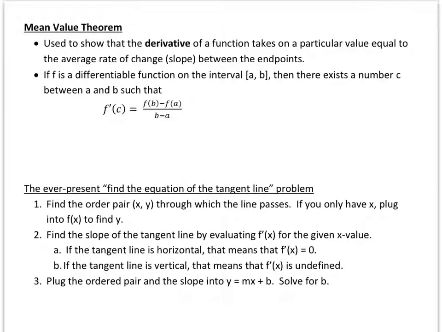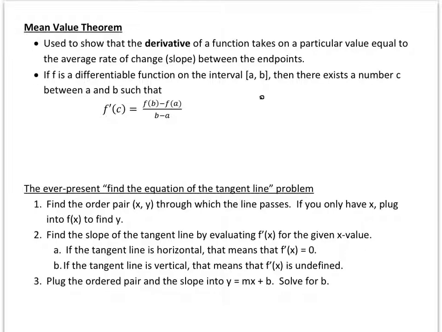So what the mean value theorem tells you is that the derivative, which is slope at a single point, takes on the value of the average rate of change, which is slope between 2 points, somewhere on the interval between the 2 points. So if you wanted to use the mean value theorem, you would want to calculate 2